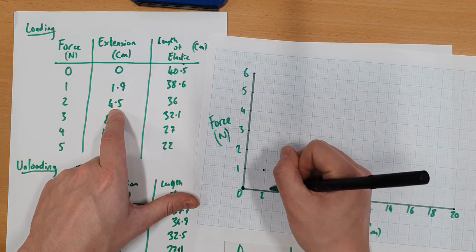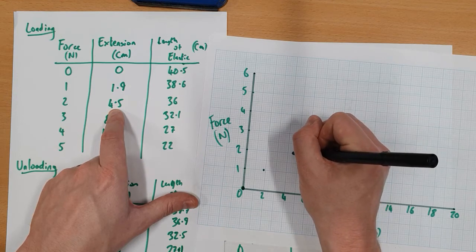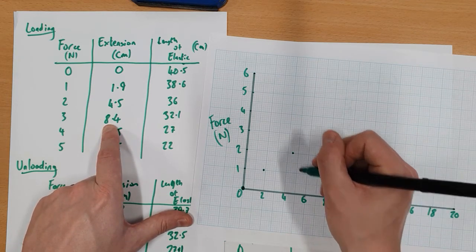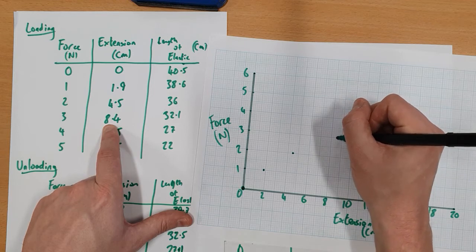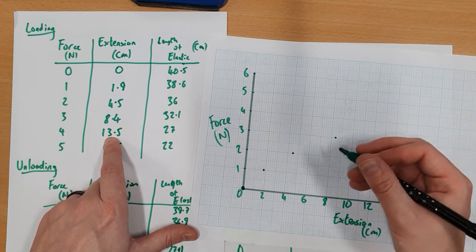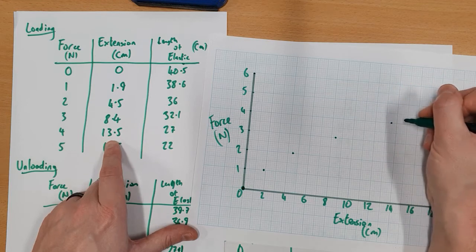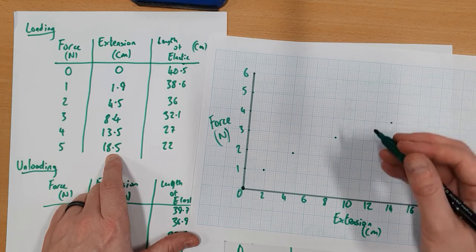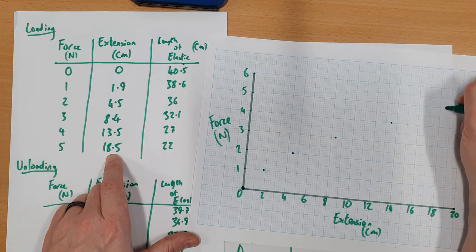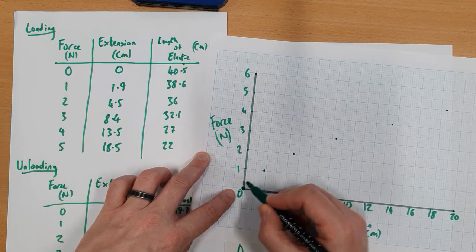So 2 newtons, 4.5, so that goes to about there. Then we go to 8.4 at 3 newtons, to just there. 13.5 for 4 newtons, so about there. And then 18.5 at 5 newtons, which is about there. Now what you'll notice is we start in a fairly straight line here, and then we're